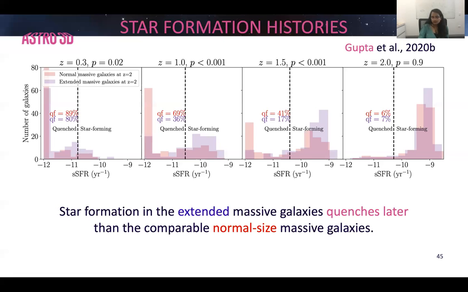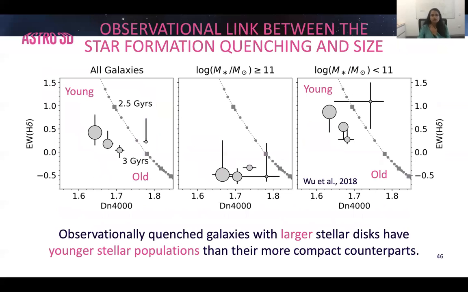Are there any observational signs of this effect? Yes, actually, there are. This is a figure taken from one of the observational works published about 2 years ago, and it shows the equivalent width of H delta versus the 4000 angstrom break. The relation between these two quantities can tell us about the age of the stellar population. All the galaxies in this analysis are quenched galaxies at redshift of 1. Galaxies which reside on the left-hand corner of this plot are going to have younger stellar populations, whereas the galaxies in the bottom right corner are going to have older stellar populations,